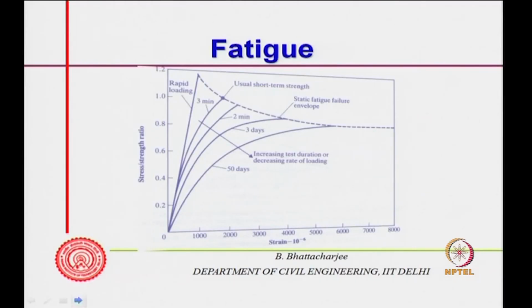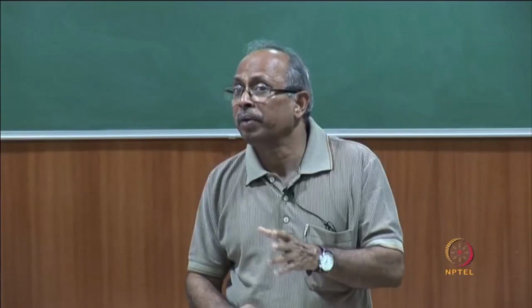If you look at this diagram, usually in this case what you are doing, you are sustaining the load for 50 days. For 3 minutes, the rapid loading stress strain curve is like this. This axis is strain, this is stress. Rapid loading stress strain curve is like this, and here it might fail. If you finish it within 3 minutes, it will show you failure like this. Here I am only controlling the rate of loading in terms of load per unit time,